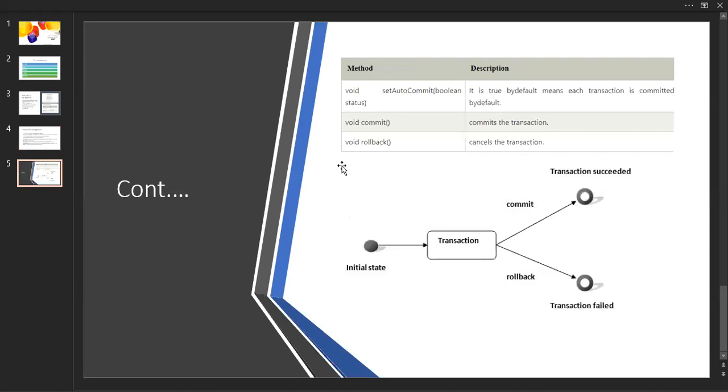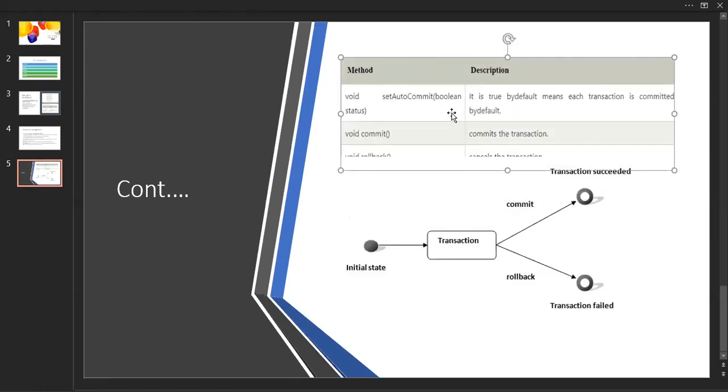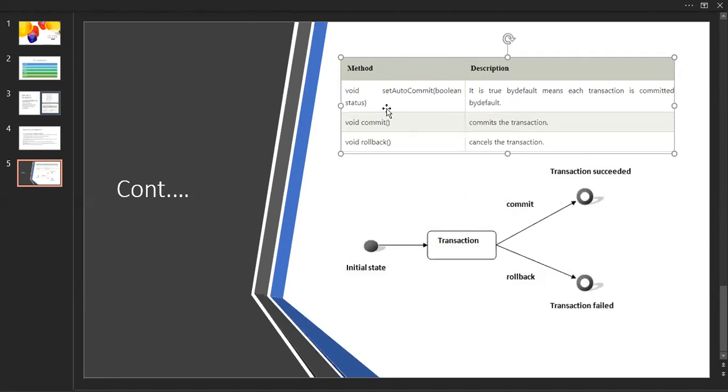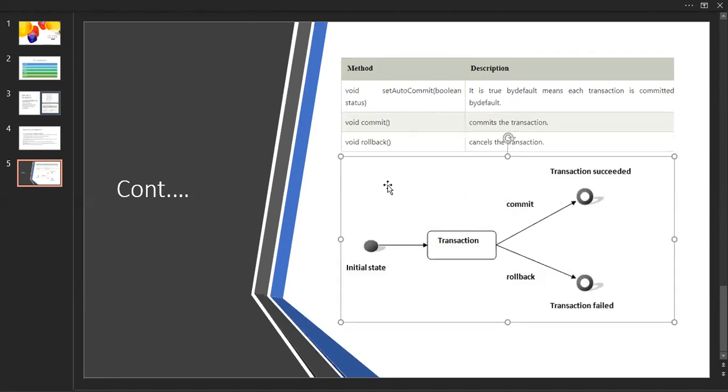And now, inside this, what are all the methods we have? There are three methods. Inside batch processing, we have add batch, consisting of one argument, and the next one is execute batch. So here we have the three. We already used commit in the previous one. This is like committing the transaction.